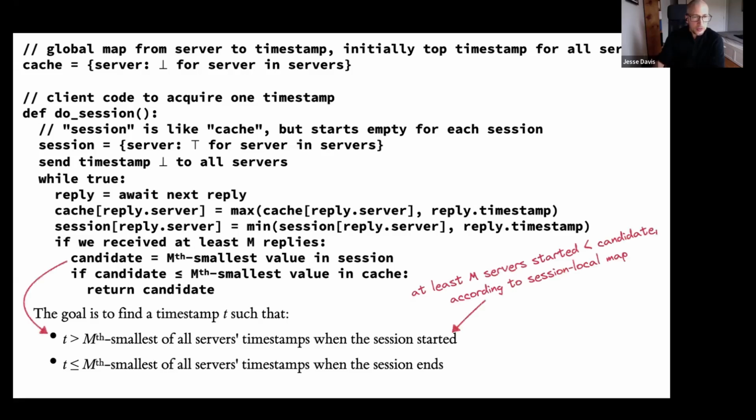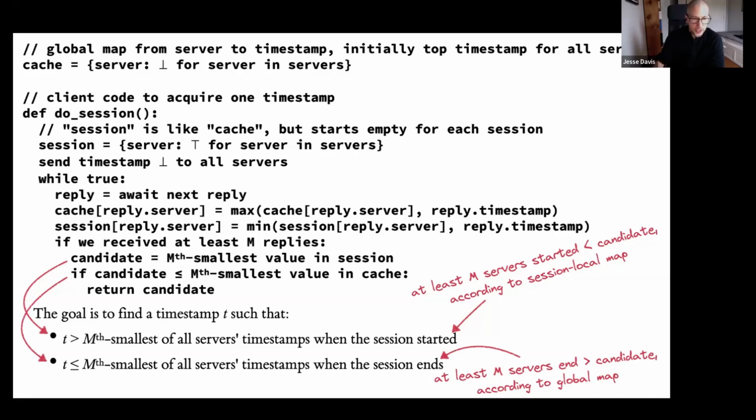We know from the session local map that at least m servers started less than the candidate because these are the values that these servers returned in the session. And we know that it's less than or equal to all servers' timestamps when the session ends because we've been tracking that in the global cache.